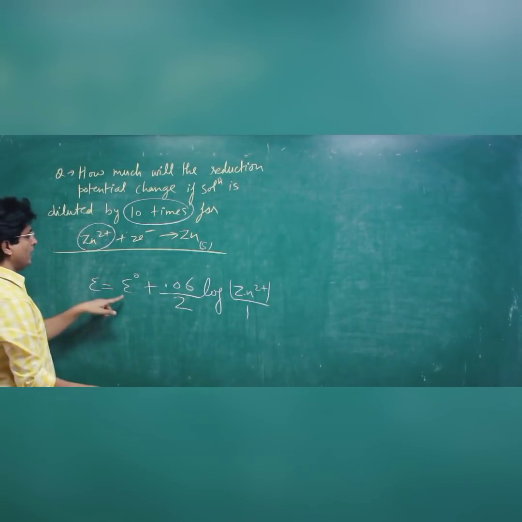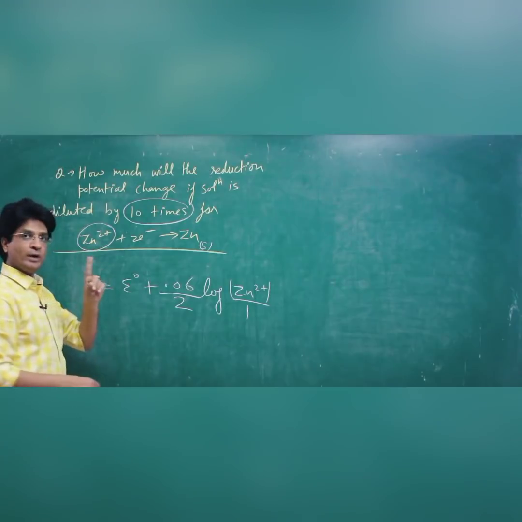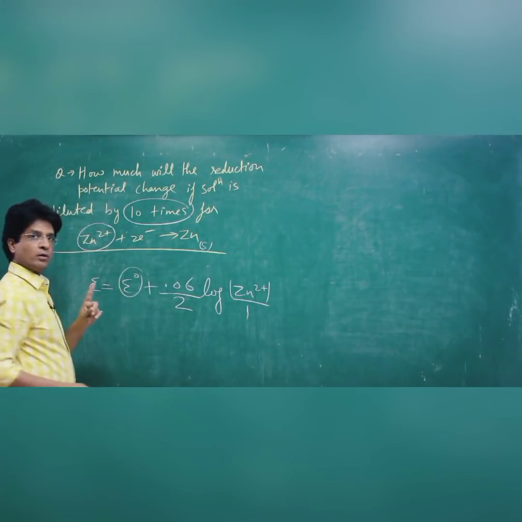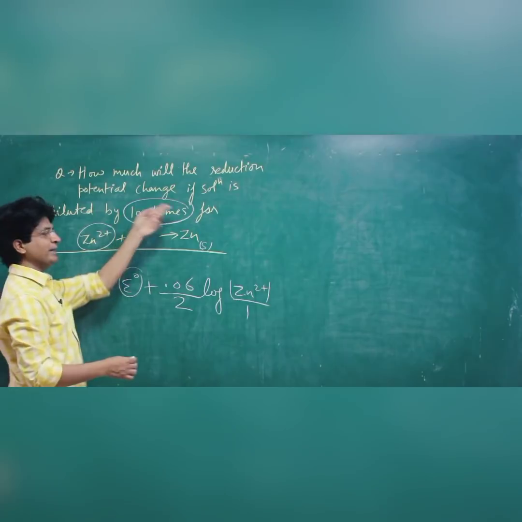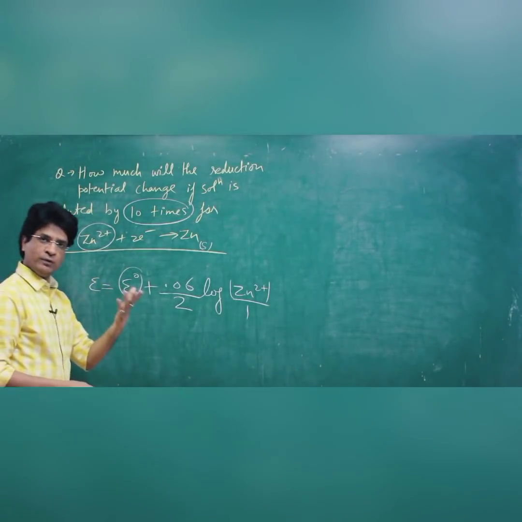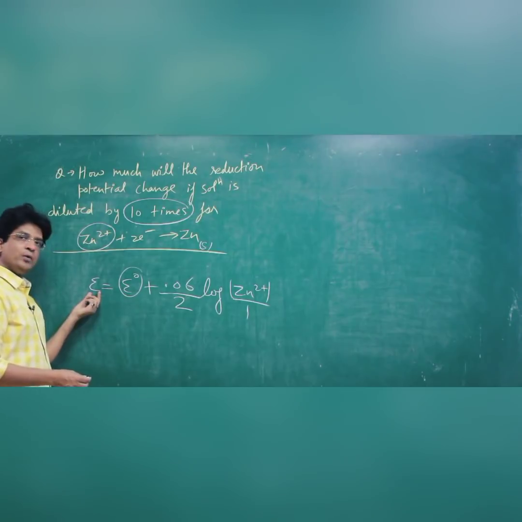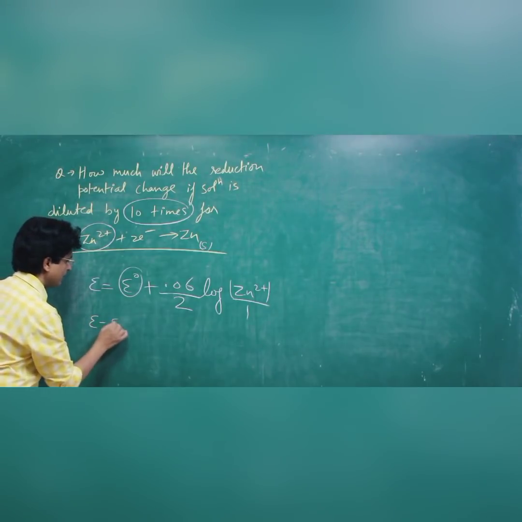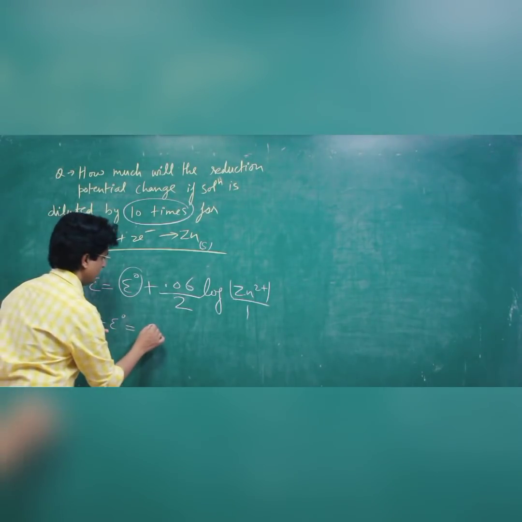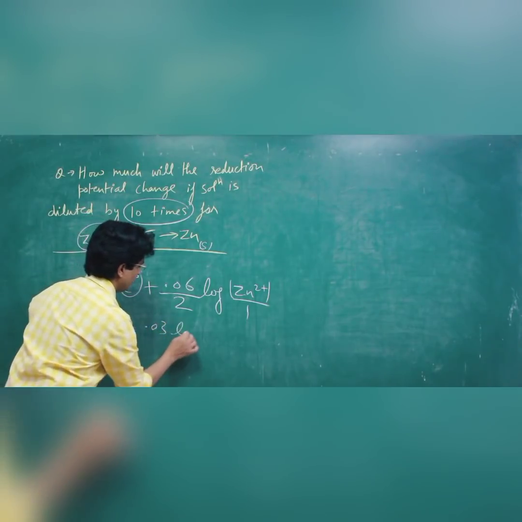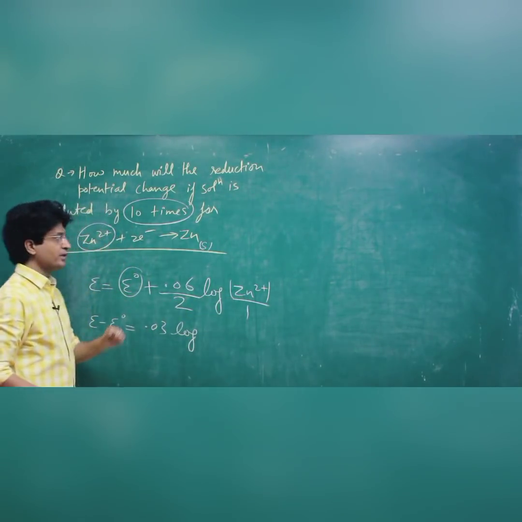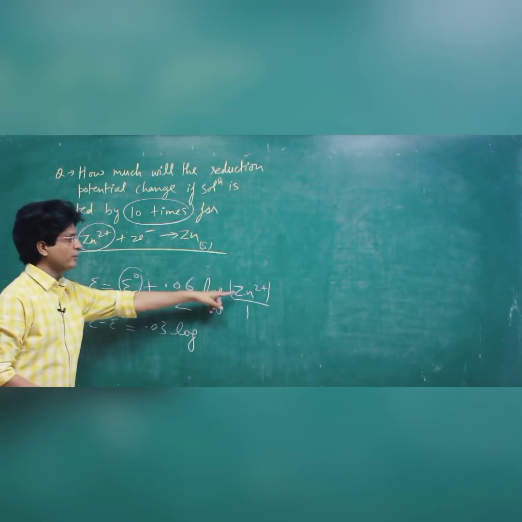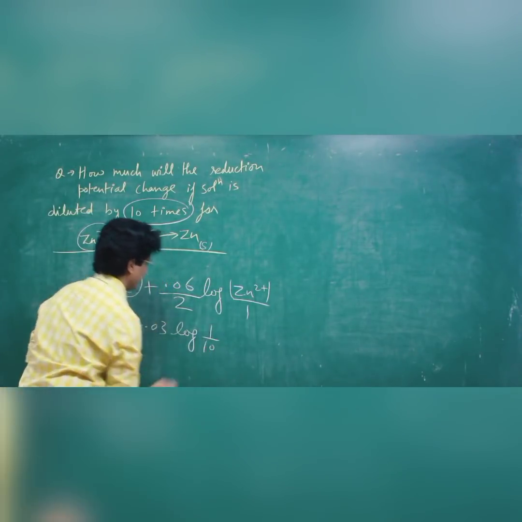Okay, now see, let me take the initial concentration as 1 molar. So at 1 molar, that is standard conditions, I will have the value of E naught, and after diluting by 10 times the concentration will be 1 by 10. So I have to calculate E for that kind of concentration. Okay, so E minus E naught will be 0.03 log of zinc ion concentration, which has now become 1 by 10. I am taking the initial concentration as 1 and now it will be 1 by 10.